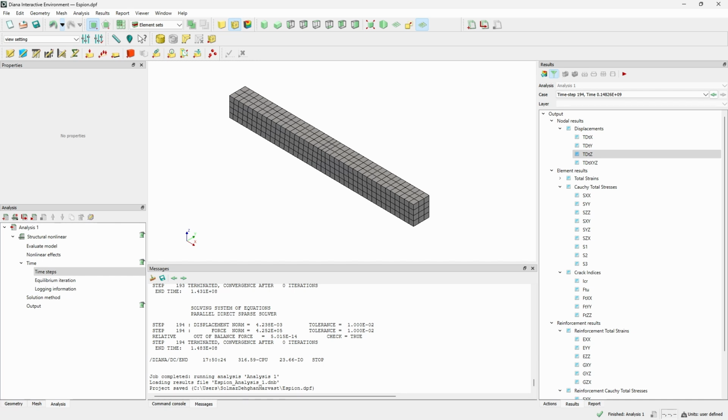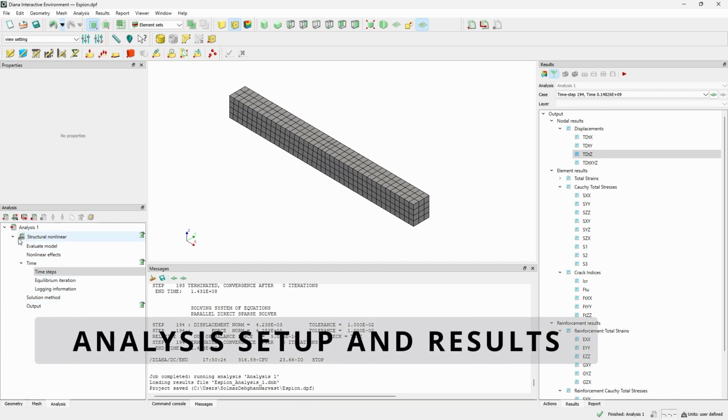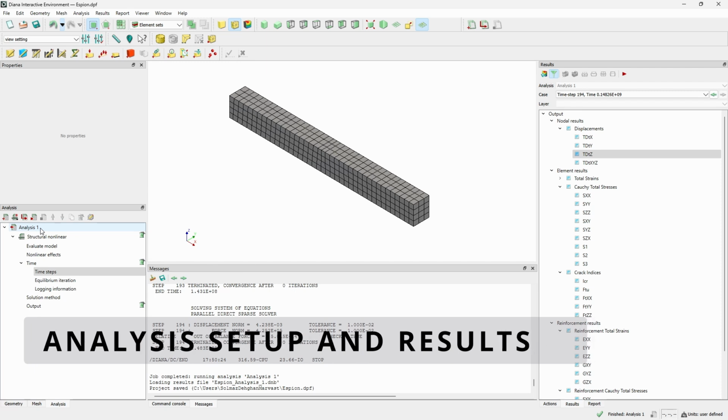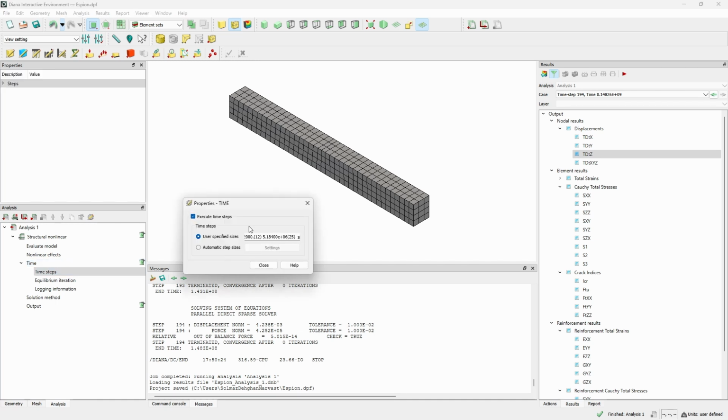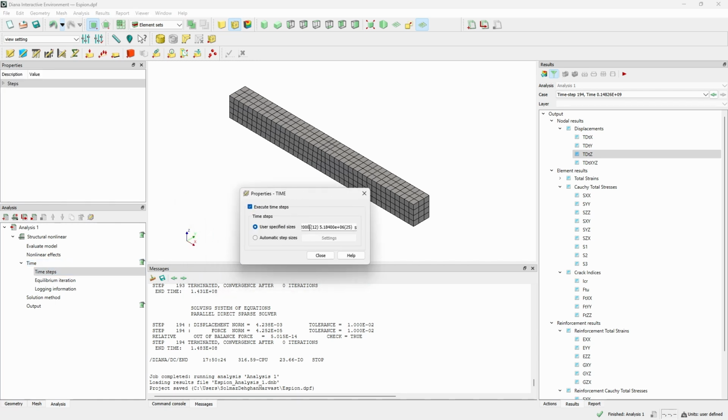So, at first I want to explain the analysis setup. In the left toolbar in Diana, you can see the analysis is a structural nonlinear analysis, and also we need the time step executed block. In the time step, the step that I use is smaller at the beginning, where the creep behavior is more significant. And as the analysis progresses, we switch to larger steps until the end of the